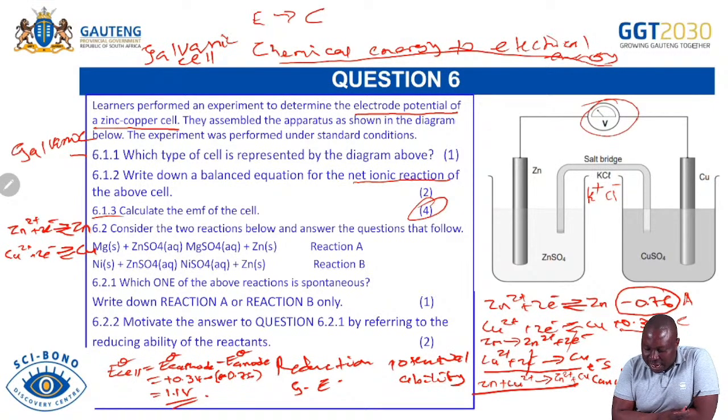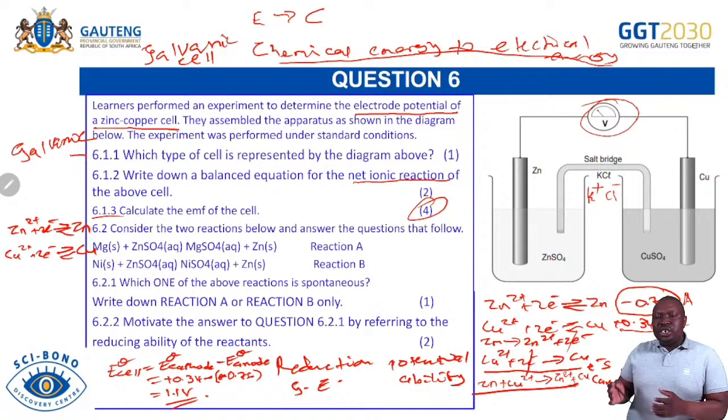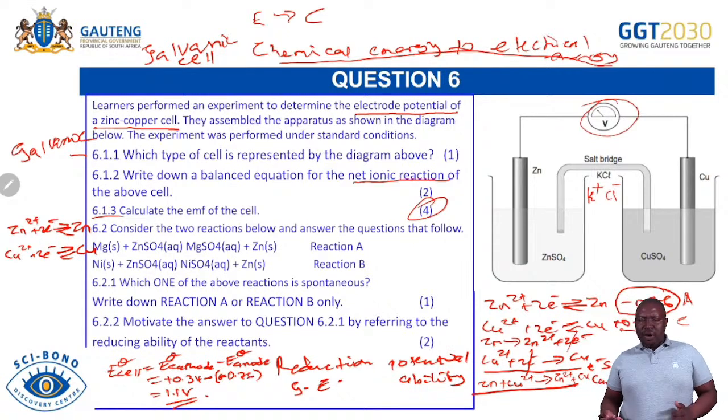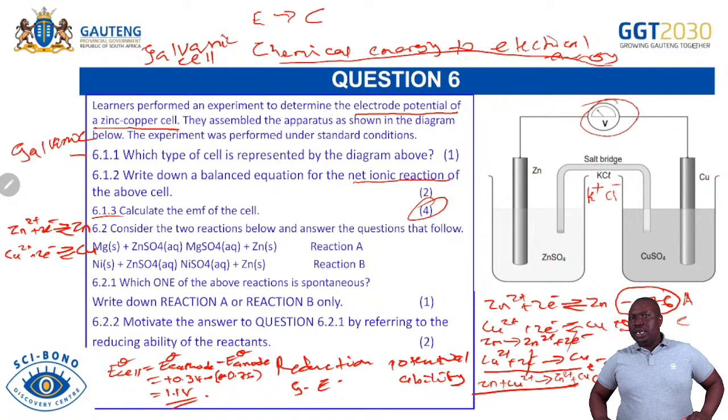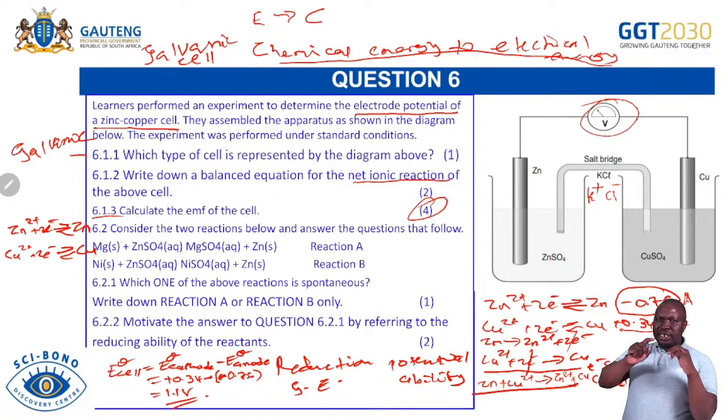So what I'm trying to say is that the table of standard reduction potential is crucial when you're dealing with a galvanic cell. So ensure that as you deal with this kind of cell, you go to the table, and as you use table 4B for galvanic cell, copy the first one first, copy the second one, and then the one that is at the top, you ensure that it's going to lose electrons. The one that is at the bottom, which has a higher standard reduction potential, is going to gain electrons. So we reverse the one at the top for table 4B for galvanic cell.